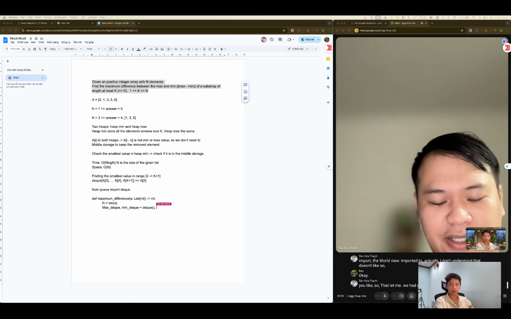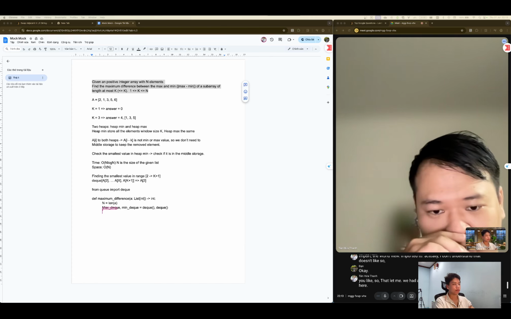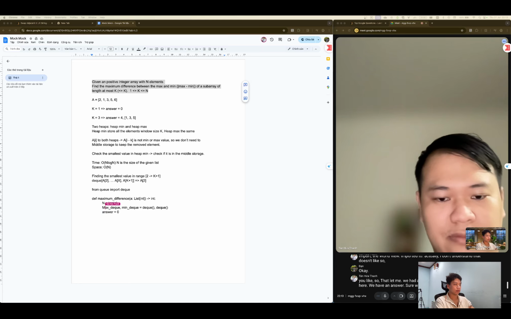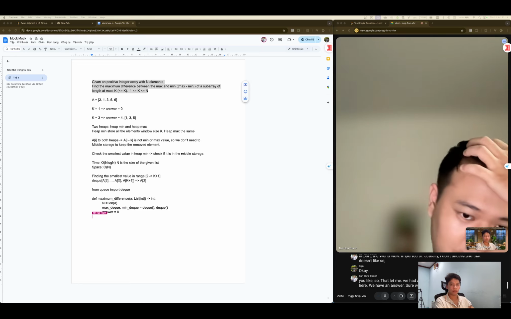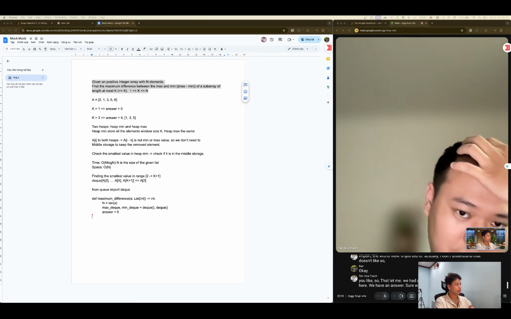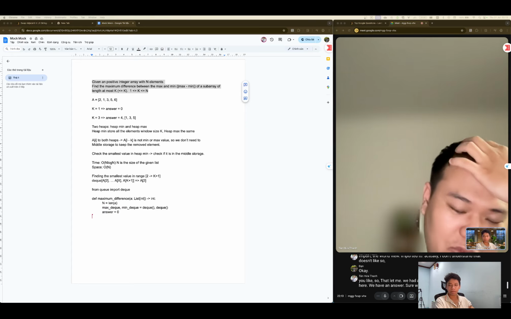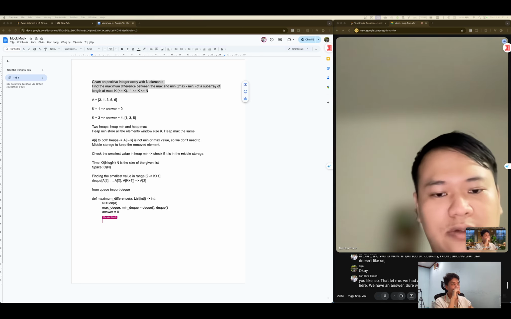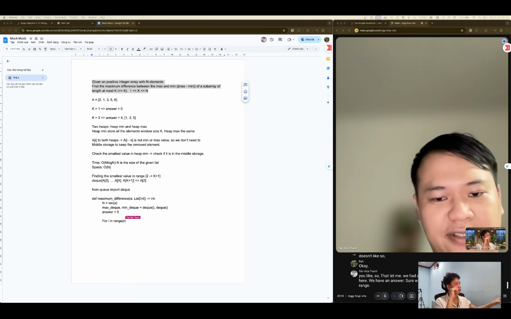We need to allocate them here, and we have an answer. For every element in the range,